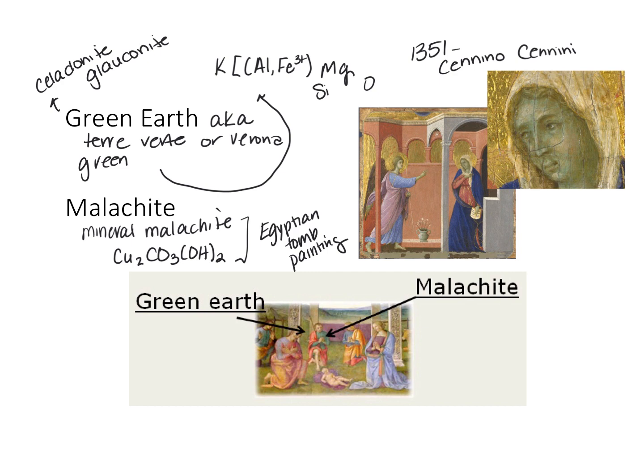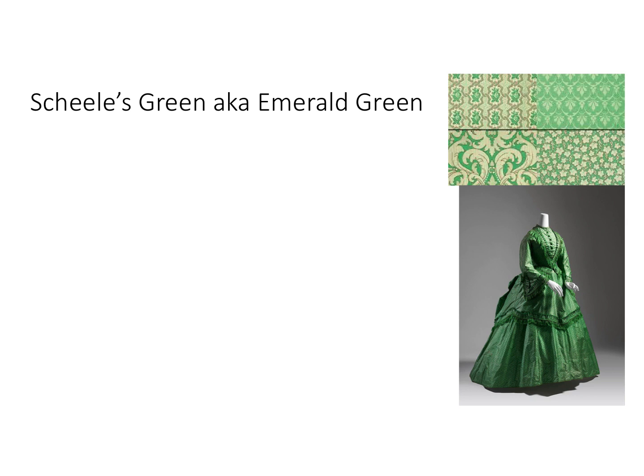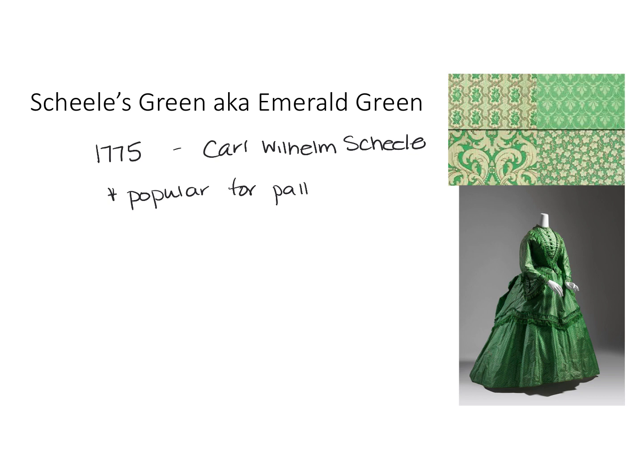Our next pigment is also a green. It's called Scheele's green or emerald green. It was invented in 1775 by the Swedish chemist Carl Wilhelm Scheele, right? It was a really deep green. It was reminiscent of emerald, so a lot of times it's called emerald green, and it became really popular for patterned wallpaper,